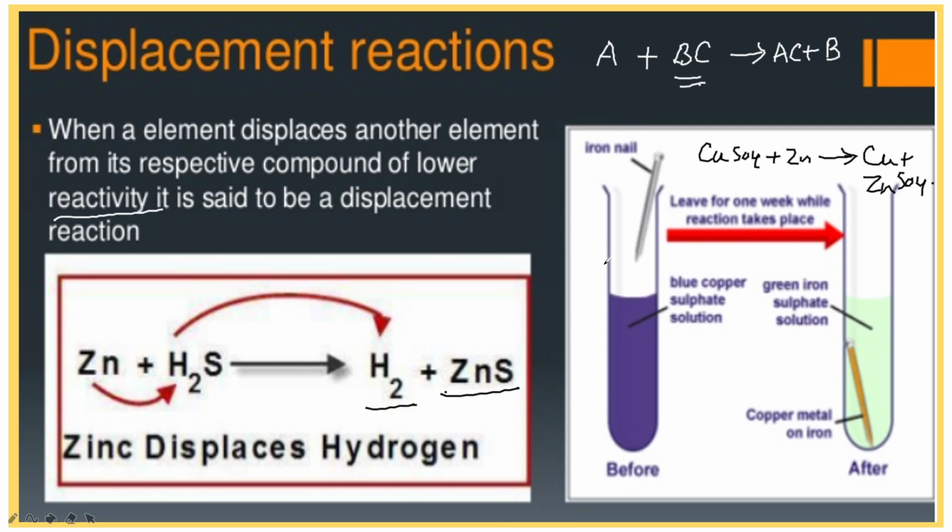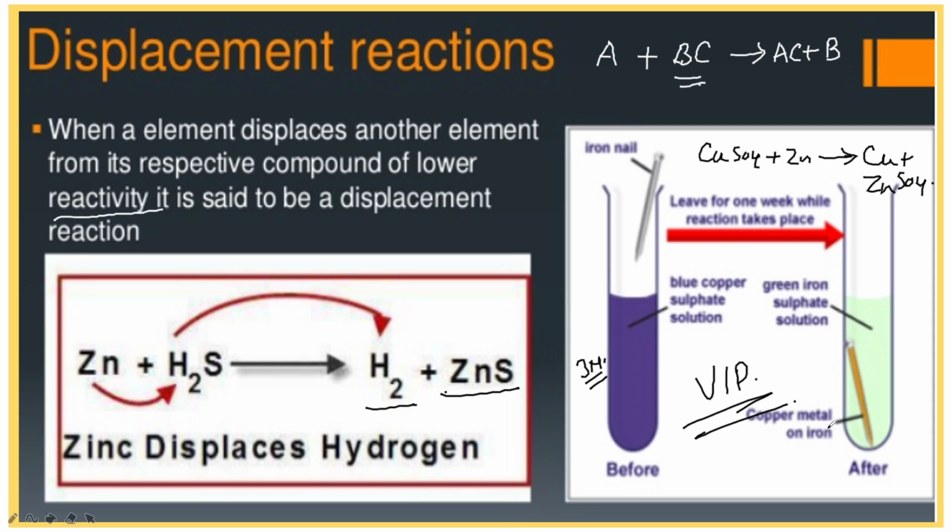This reaction and demonstration are very important. Before learning the reactivity series, I want to tell you this experiment, so that if the experiment is asked for 3 marks in the exam, you can write it clearly. You have to take 10 ml of copper sulfate solution, which is blue in color. Then we place an iron nail in the solution so that the nail is completely inside the solution. If you observe, you can find the change.